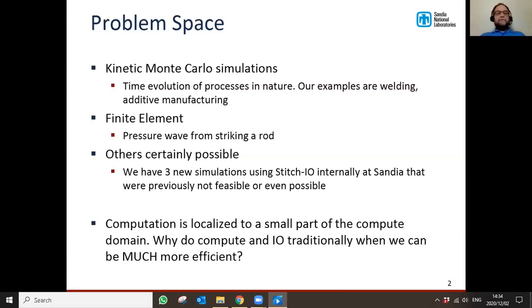And with this kind of system, we can radically reduce the amount of storage needed, but at the same time, the computation time, if we were running on a big machine compared to using this method, will be the same or potentially even faster. So the question we started with was, since the computation is localized, this is a tiny piece of the compute. So if you can think about a welding example, it's just exactly where the weld point is. Then why don't we just make the I/O focus on that part and then provide ways to fix it up so that if somebody requests a larger portion of the simulation domain, that we can give them back something